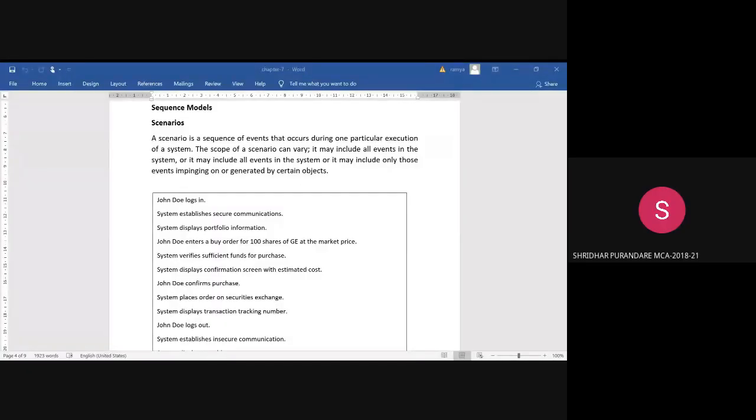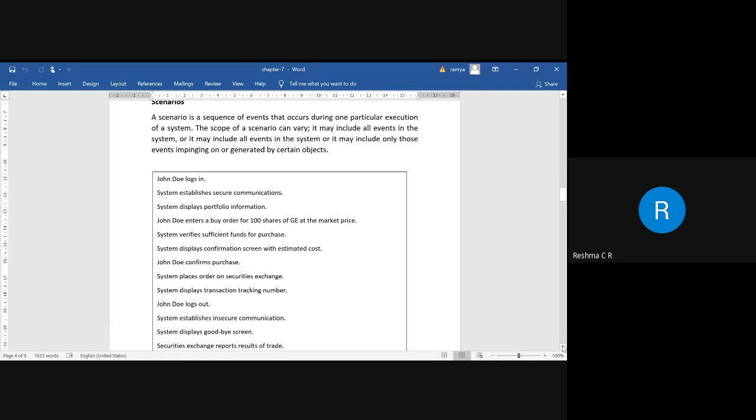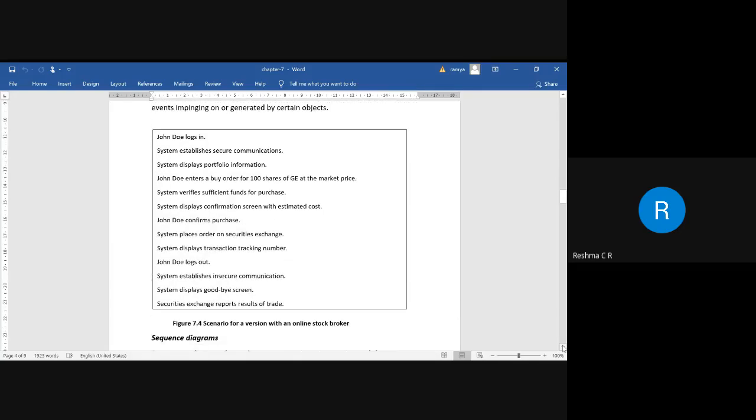Yes, ma'am. Okay, sorry. Here we are trying to identify the different events that are going to occur, and how the system is being represented. That entire thing we represent in terms of sequences or scenarios. Here we have a scenario of a stock broker system, or else, for example,